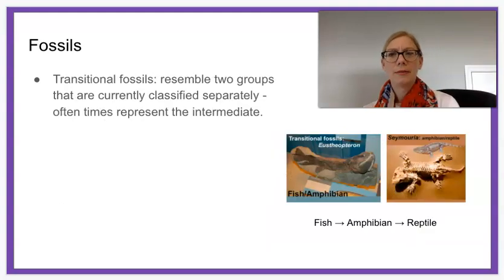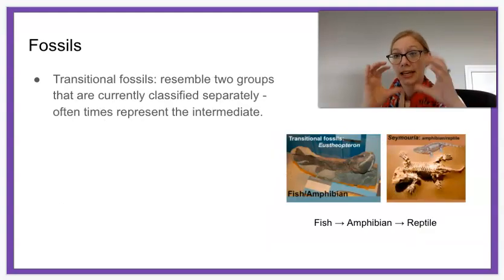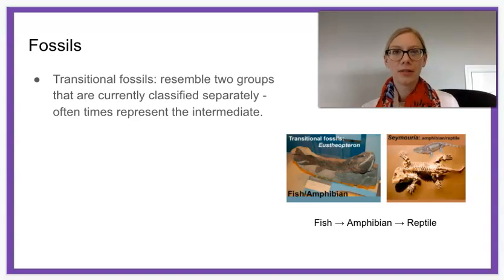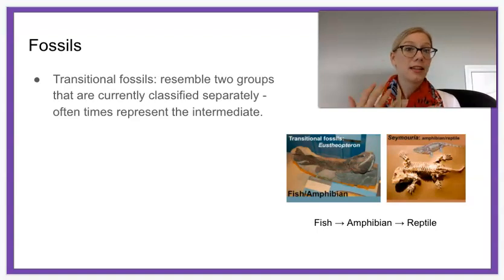So sometimes when we look at fossils, we think, here's a species, here's a species. But something we want to think about and talk about is something called transitional fossils. These are fossils that link some bridges, if you will, to us. They might resemble two groups that are currently classified separately, and so oftentimes they represent an intermediate. And sometimes people like to point to the lack of these transitional fossils